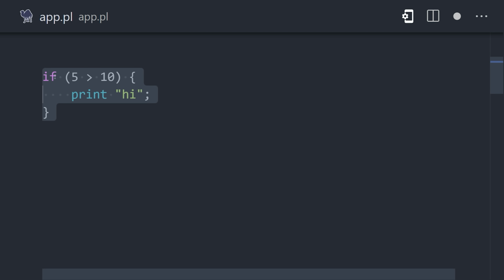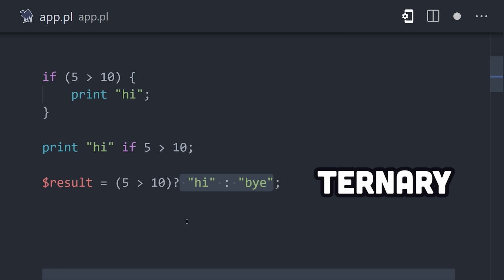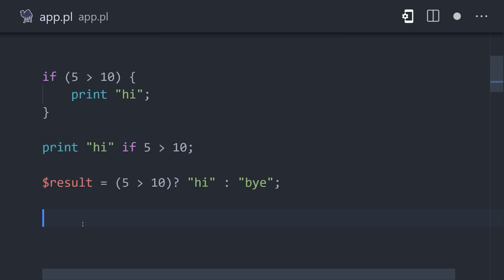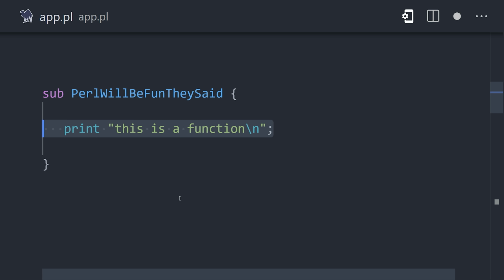Handle conditional logic using if or unless, then make it more concise by refactoring it to one line, then make it even more concise using the ternary operator. One of the most unusual things about Perl is that your functions are defined as subroutines. Instead of defining parameters within parentheses like most other languages, any arguments passed to the function can be accessed with